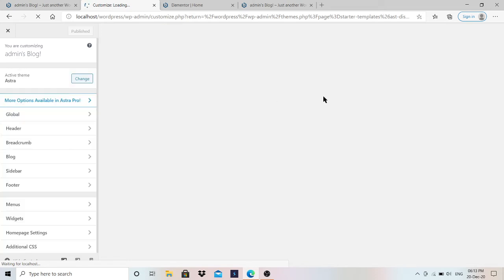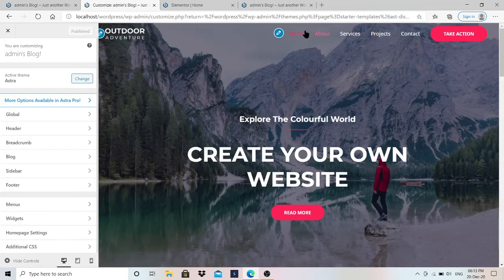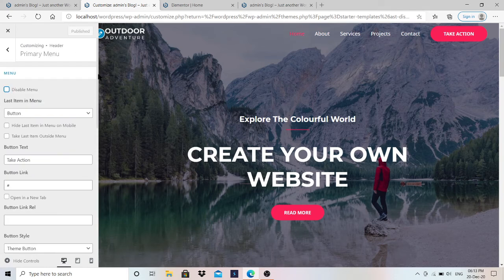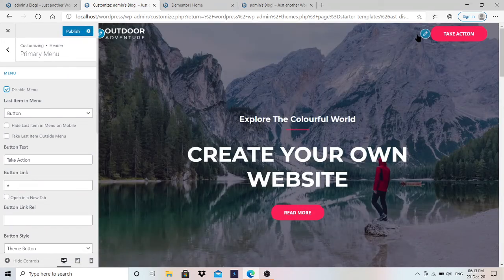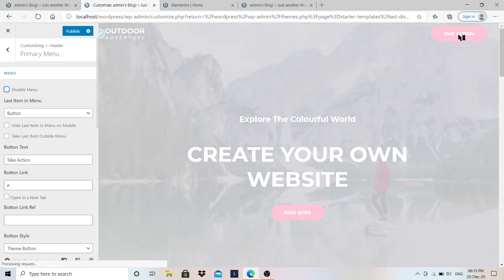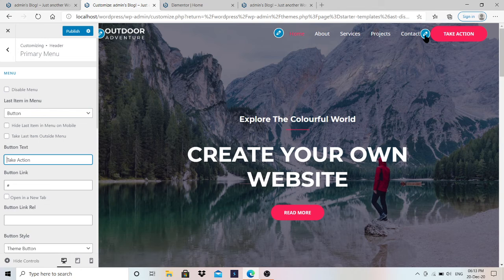As you can see here, this will load, and if you see this option, just click on it. And if you want to disable this menu, you can just click on it to disable the menu. Yeah, this does not appear here now. Just click on it to see it again, and you can see this option. Click on this arrow and you can change the text from here, like in this way. Yes, this is changing. Okay, Control Z to make it as it was.